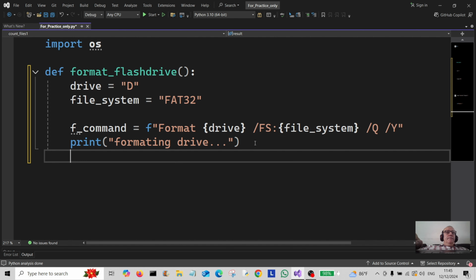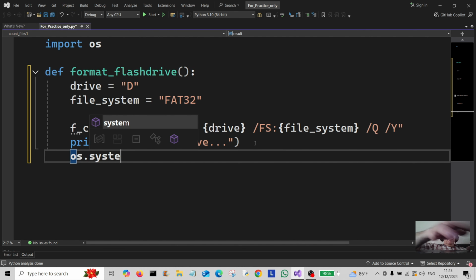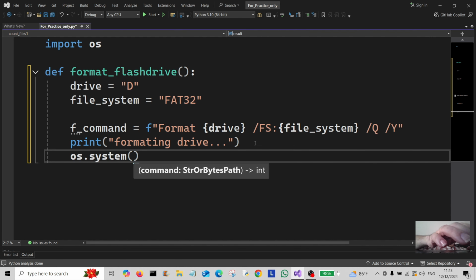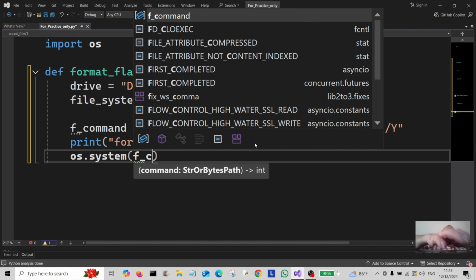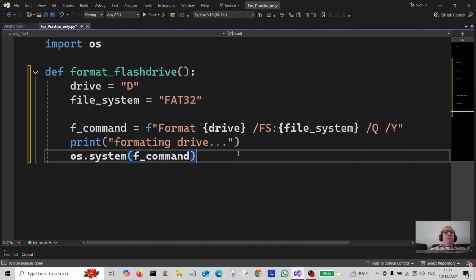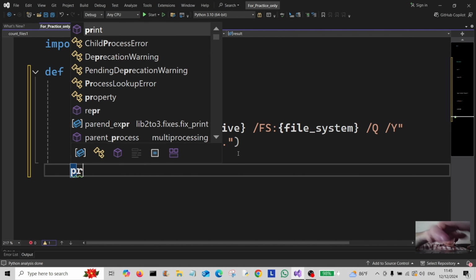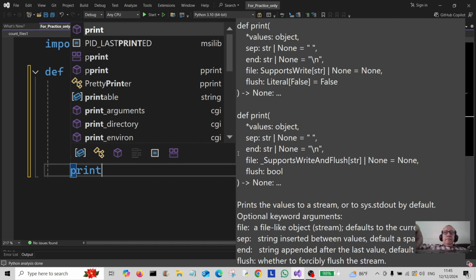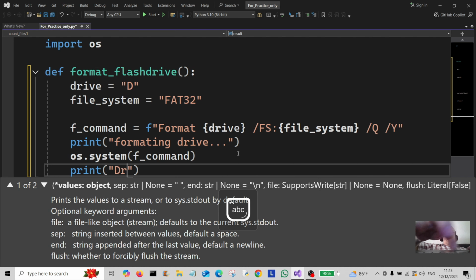Okay, so we're going to use os.system here and simply F command to run it. Then we print a message to the user afterwards, print drive formatted. Okay,